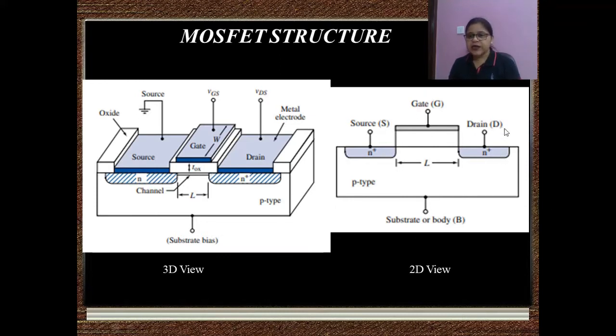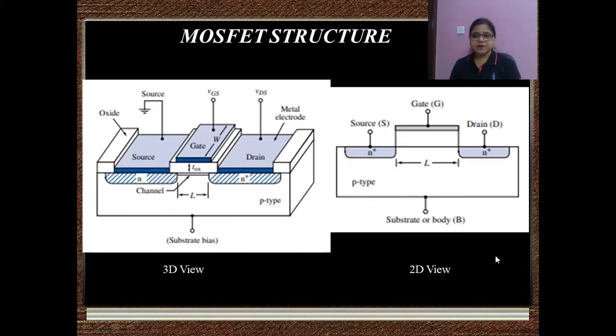And here this is the drain. Then this is treated as an output terminal. Mostly in digital circuits, we take the output from the drain terminal. So this is how the structure of the MOSFET is. And now further we will be moving towards the threshold voltage, because that is very important.